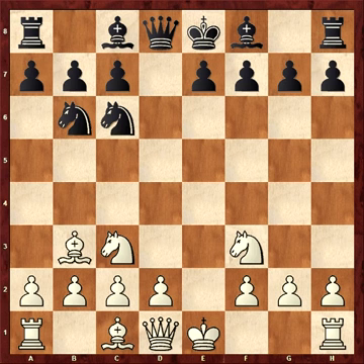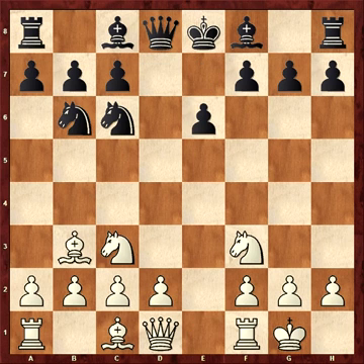So I didn't develop the c8 bishop. I thought for a long time about moving it to f5, but then I thought d4, and then perhaps the bishop could go to f4, and then white can break with d5, and I won't have had enough time to castle. So I played e6, white castles, bishop e7,